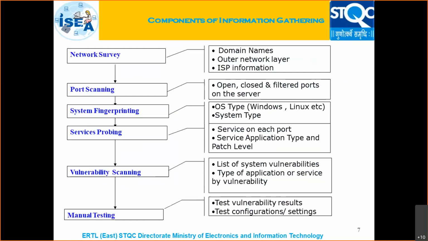So let us continue with this PPT, otherwise we will run out of time. Whatever I have told till now, we have given a very, very small discussion here, like what we do in vulnerability scanning. Of course, the last is very important, manual testing. Tools are not always correct. So for that, we need human skill, experience, and based on that, we do manual testing, and we can really find out whether these are really vulnerabilities or not. Because as we know, tools are not human beings. So they may give us some false positives.